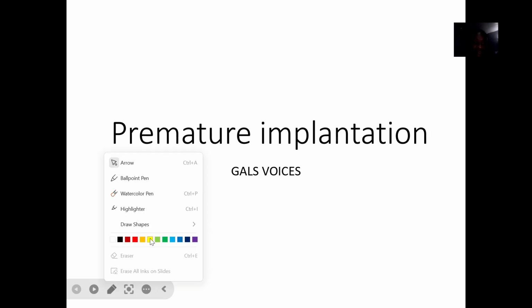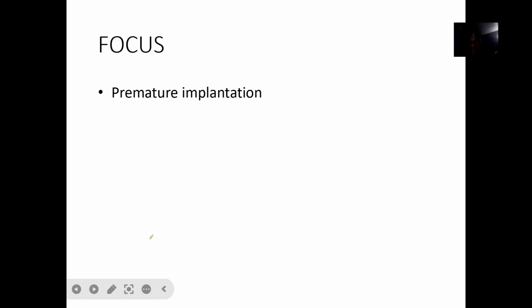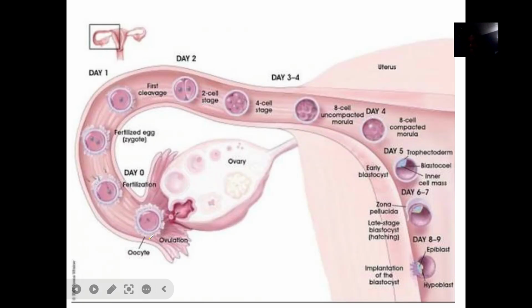I want to address another terminology as regards baby and baby implantation. This is what is known as premature implantation. So when you say an implantation is premature, what do you actually mean by that sentence? Premature implantation: this is a whole cycle where the sperm comes to meet the egg and there's fertilization. Then the embryo, which is the fertilized sperm and egg, has to travel all back into the uterus,